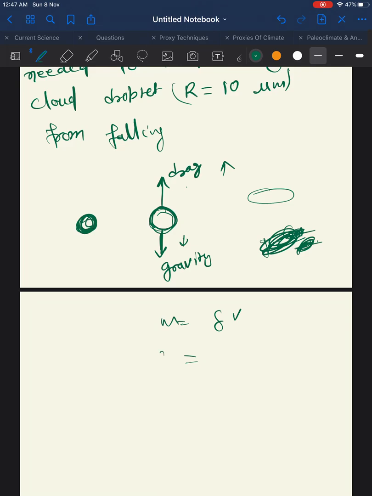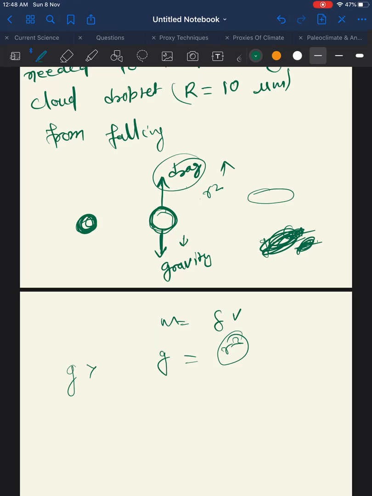So we can say that gravity over here is a function of r cube, because mass is a function of density into volume. Density is fixed, volume may change, and in volume, what will change? Radius, right? On the upward side we have drag, and drag depends upon the surface area, and in area we always have r square. So for a fast moving body or one having more radius, for a bigger water droplet, gravity will be more than the drag. So there is more terminal velocity. Is this clear or not?